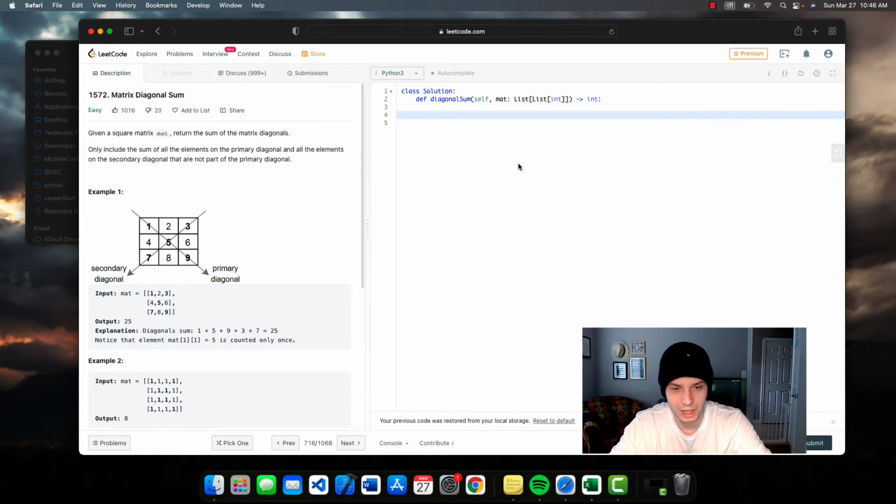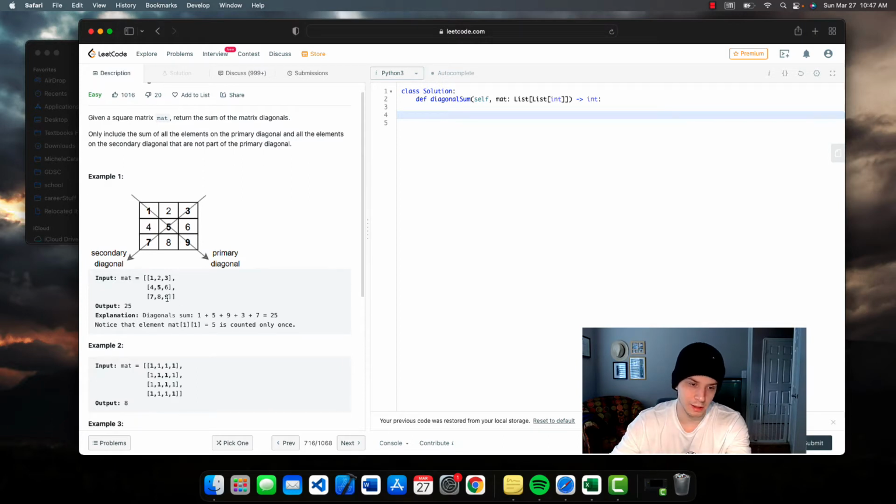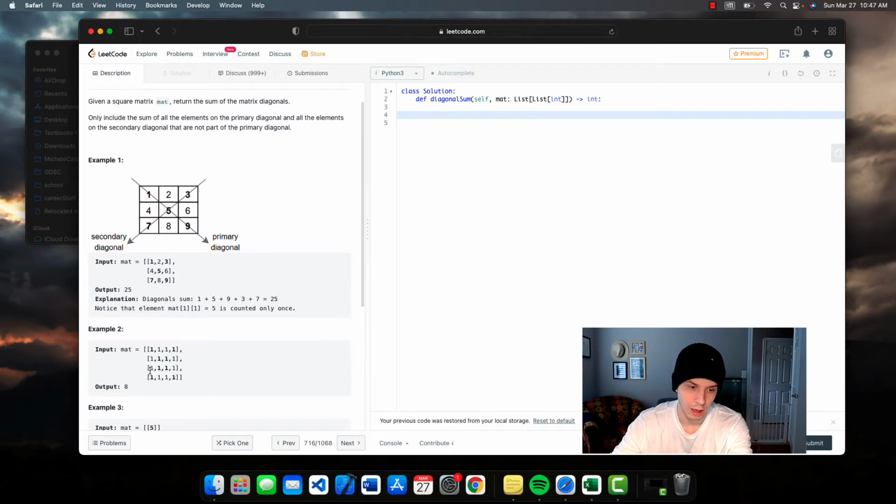Basically what that's saying is that we don't want to include this 5 in this example twice. Okay, so what we want to do is iterate, do 2 iterations, one going that way and one going that way, and I'll show you how to do that. Basically, in this example, 1, 5, 3, 7, 9, that all sums to 25. That's what we want to return. Here,